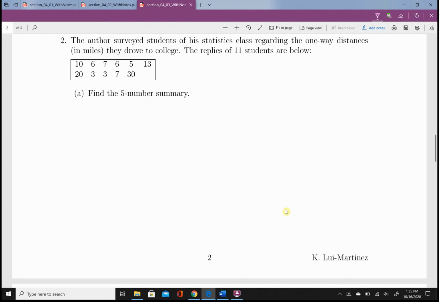From there, after you've entered all 11 points, press Stat, toggle to Calculate, and press Enter on one variable stats. And then press Enter one more time to ask it for the one variable stats, and there you have it. So scroll all the way down to the second page, and you will get the information you need for the 5-number summary, which, as you recall, is